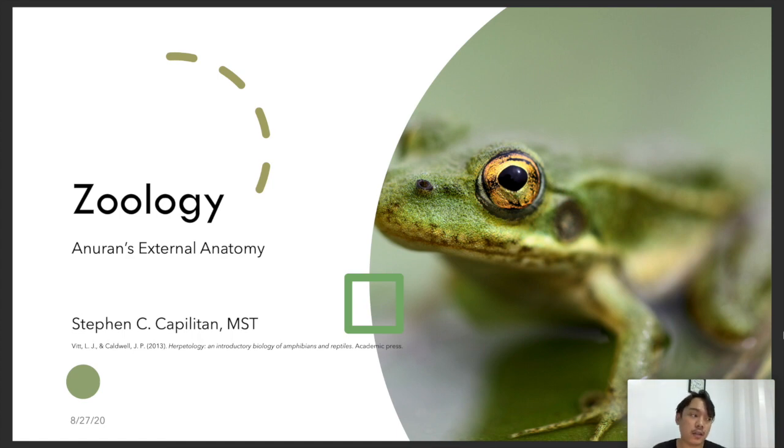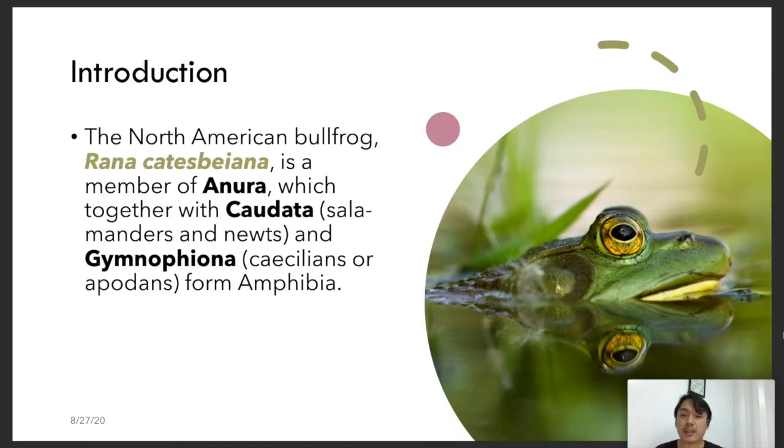Anurans are amphibians, okay, and that includes the frogs and toads. They are widely used for dissections. During your high school, you've used this specimen, and until now, it is being used for laboratory experiments, especially in studying zoology. So, this is an example of a bullfrog, which is Rana catesbiana, which is a member of Anura,